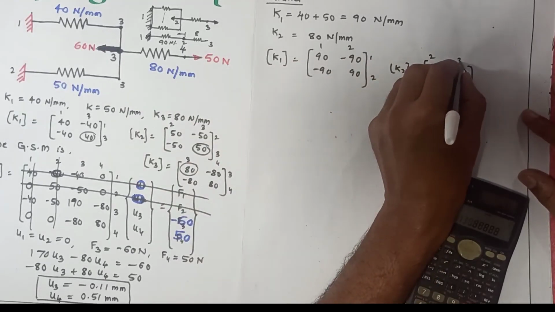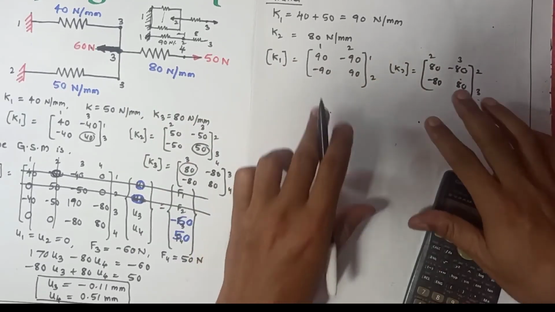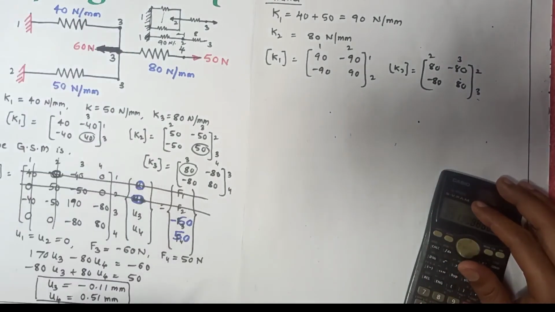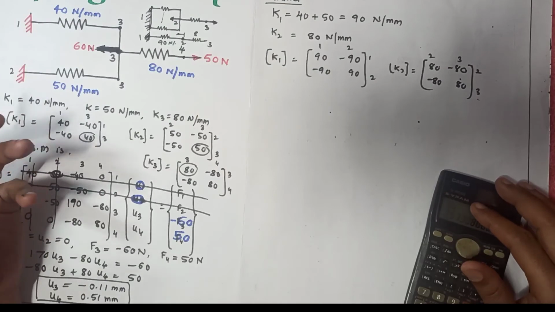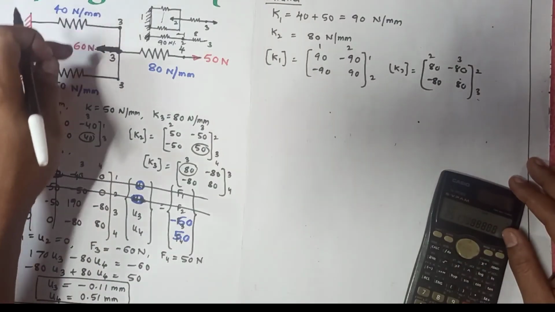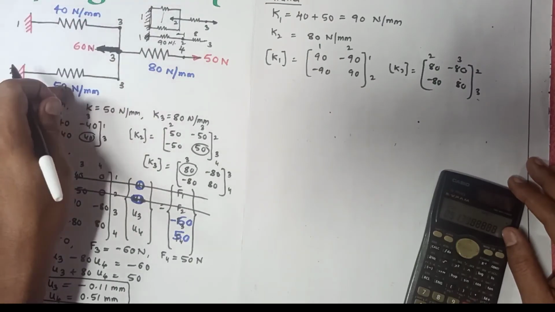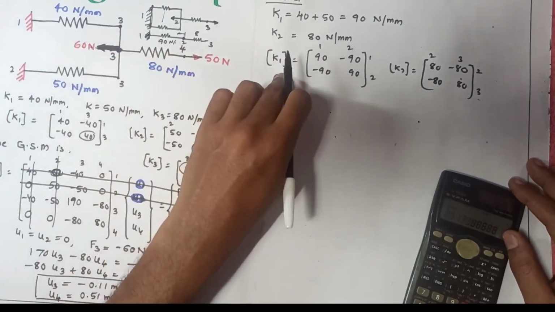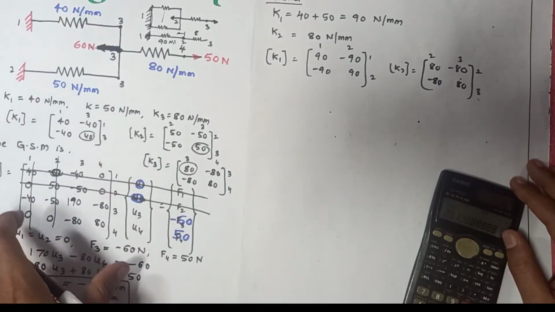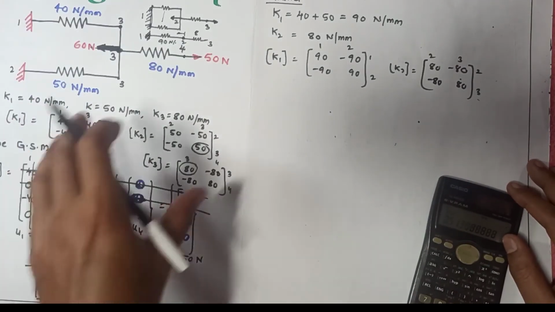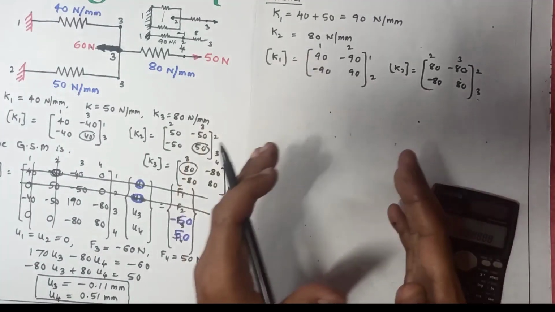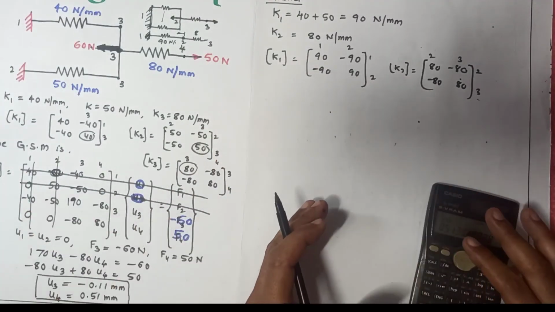So it reduces the steps, because here only 3 elements are there, but in a spring system there may be a larger number of springs arranged, like 1, 2, 3 arranged in parallel, and 3, 4, 5, 6 arranged in series. In that case, if you solve using the full method, it will take more time. So by reducing the steps, you can follow this approach. You can treat the series and parallel parts separately.